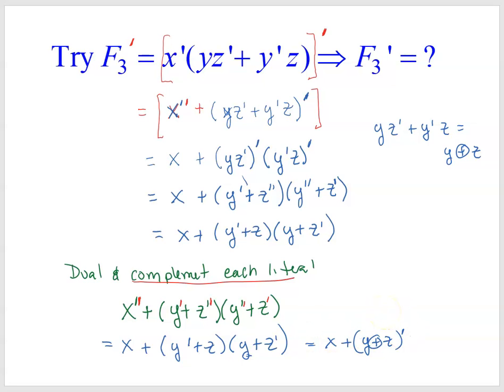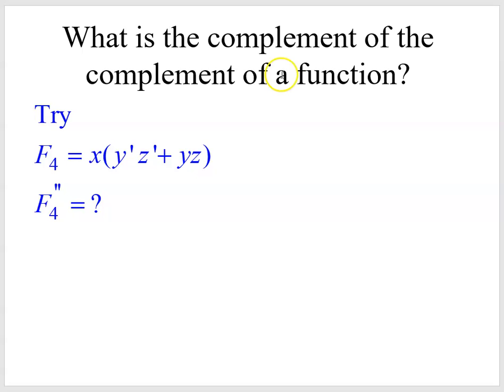So lastly, let's just look at what happens when we complement the complement of a function. So we know what F4 is. It's a little bit different than it was in the last one, almost the same. But F4 prime prime, the double complement. By involution theorem, we should expect that that's just equal to F4, right? So if we do just the single prime on this, F4 prime, that's going to be equal to x ORed with y prime,